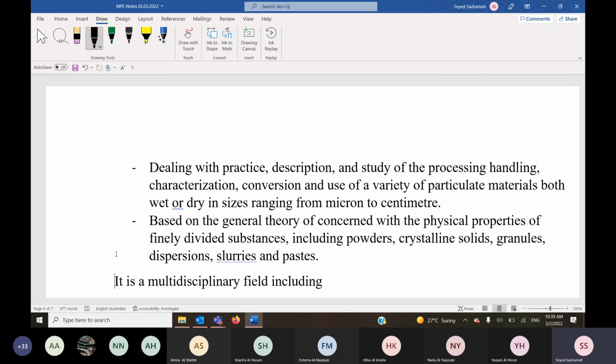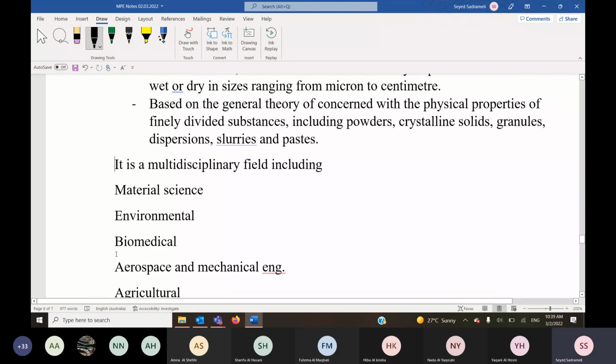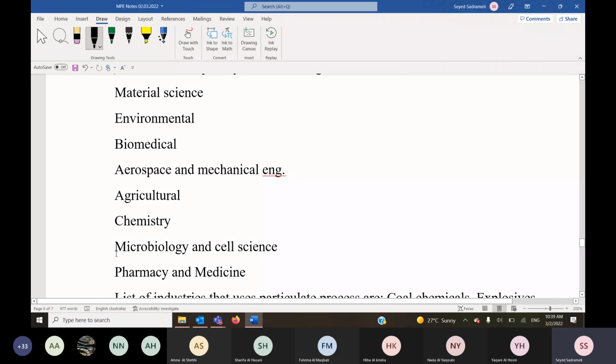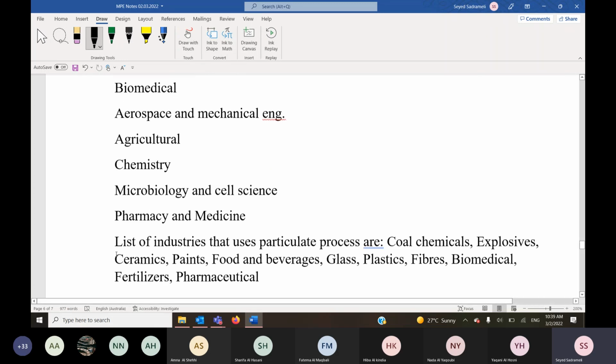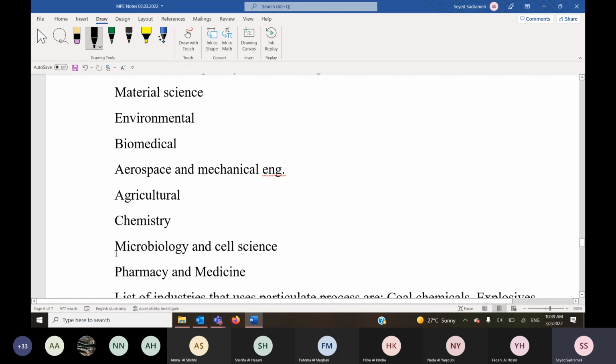So this operation is a multidisciplinary field, including material science, environmental science, biomedical, aerospace and mechanical engineering, agricultural, chemistry, microbiology, and cell science, and pharmacy and medicine. So in all of these